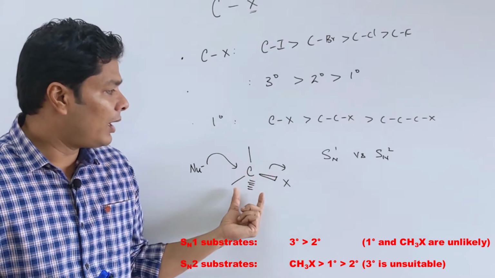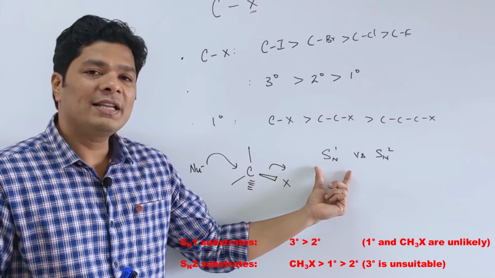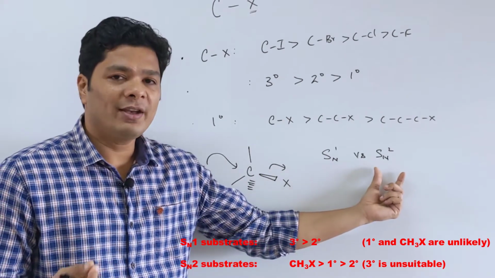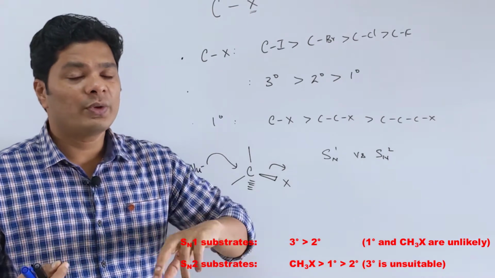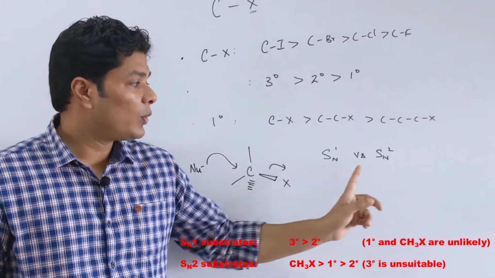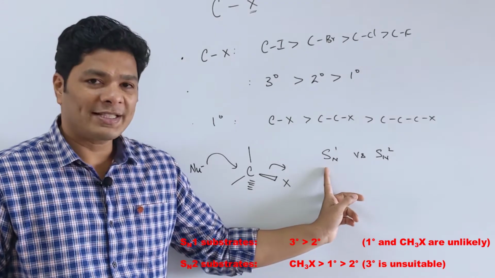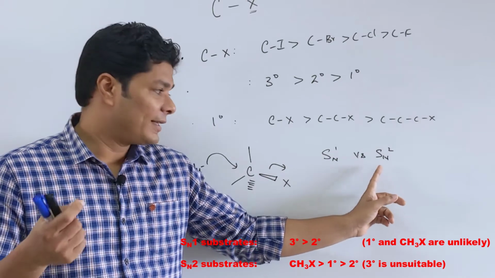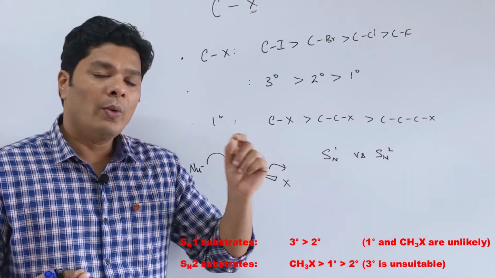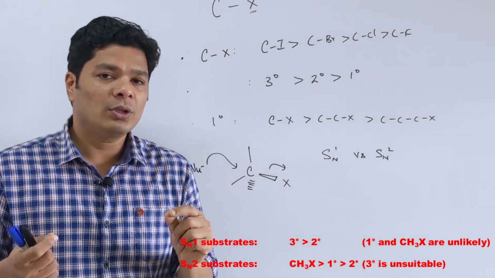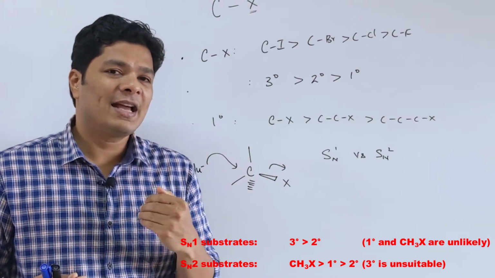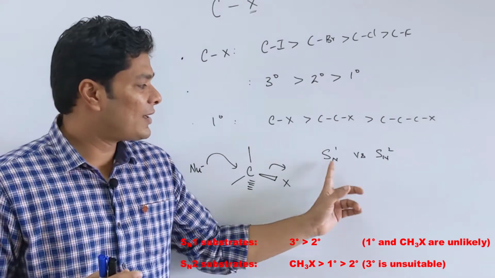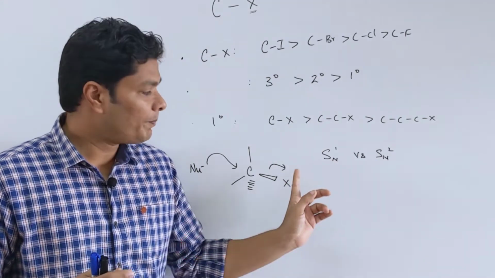A 3 degree carbon undergoes SN1 type because it gives you a much more stable carbocation. It seldom undergoes SN2, very less, that is negligible. Whereas when you take a primary, it undergoes only SN2, it rarely undergoes SN1 because primary does not give a more stable carbocation. So, it undergoes SN2. Whereas when you take a secondary, it undergoes both, and for you guys, unless the examiner tells you which is going to be predominant, you can go with SN1 for secondary as well.